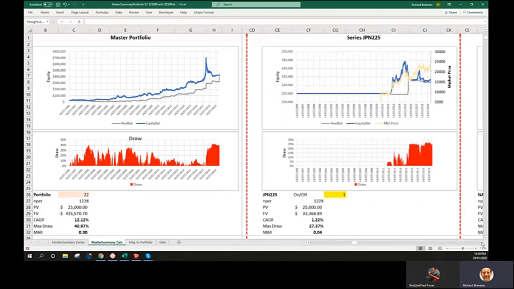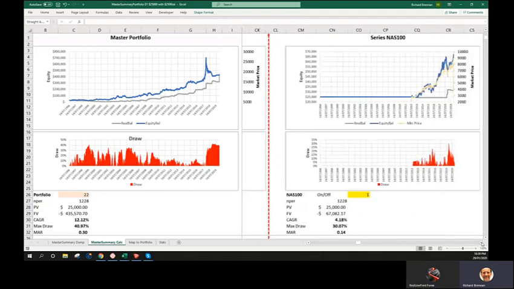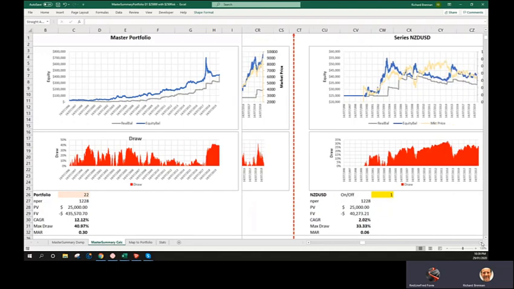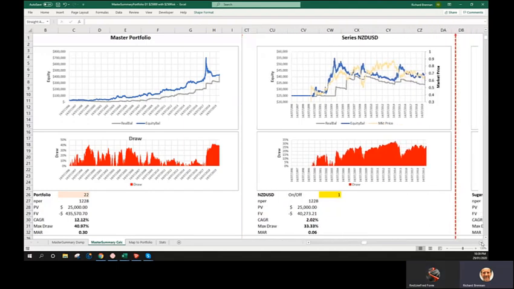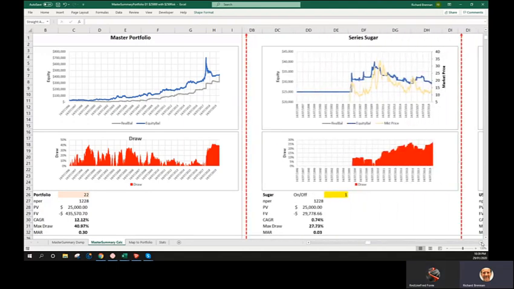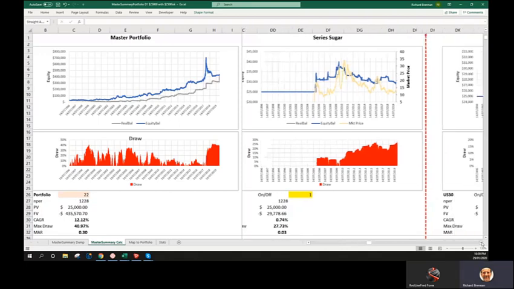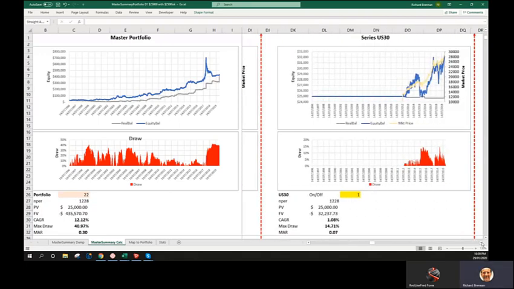This is the Nikkei index, the NASDAQ, New Zealand USD. This is sugar, the Dow Jones Industrials Index,